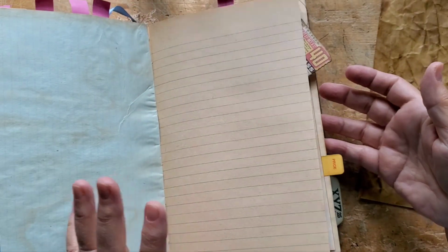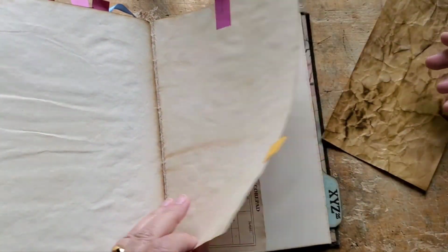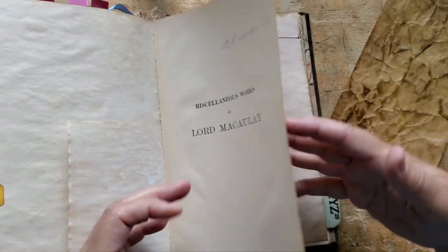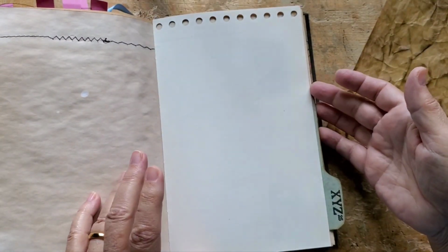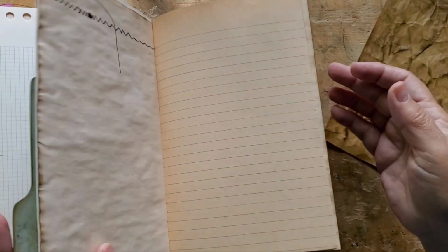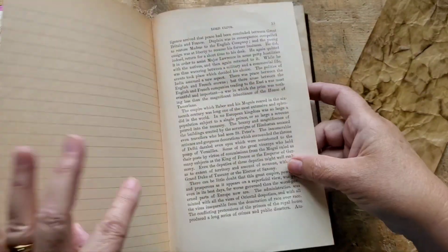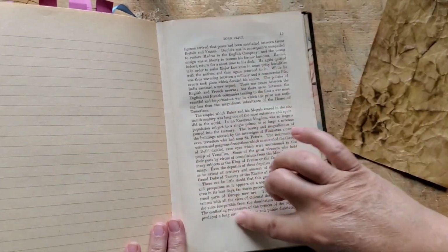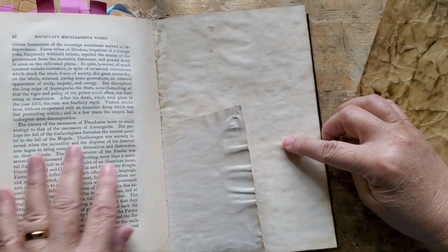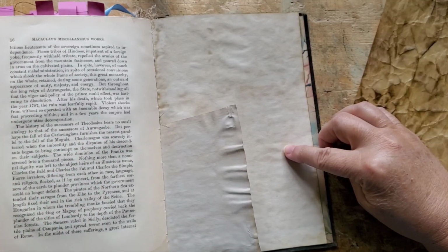So I thought this one needs a side pocket for signature 11. And I needed to decide where I'm going to put it. I usually try and make use of the pages that are busy pages. Where's a busy page? Here's a busy page. Okay, so I've got either this side or this side to do